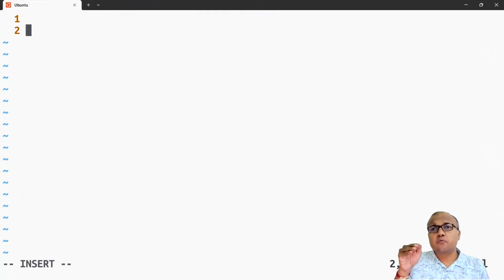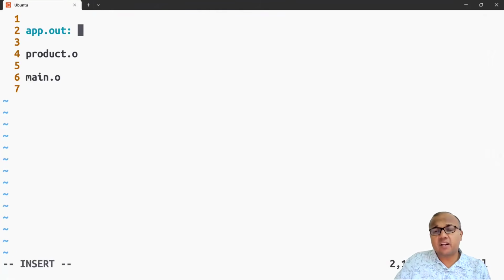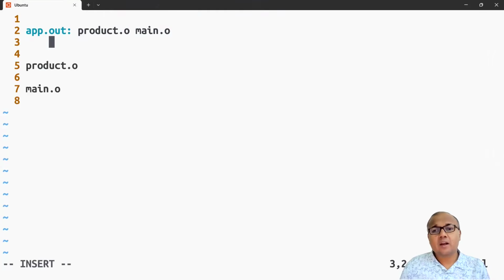Now, in this tutorial, we want to build a total of 3 files. One is app.out, the second is product.o, and another is main.o. The basic rule is that the final file that you want to create should be written first. That is the reason I have started with app.out. This is my final executable and it is dependent on product.o and main.o. Now, to create app.out, the command is gcc -o app.out, and we can give the input as